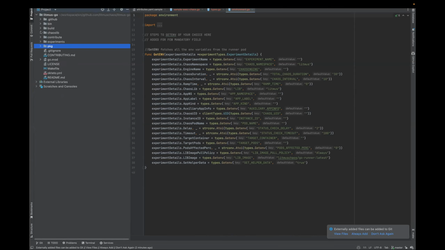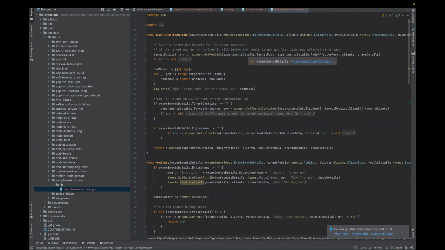Apart from this, we are generating a chaos lib inside the Litmus lib. Here you will find a sample exit chaos, and here it is a helper model. First we are deriving all the experiment related information, for example, the target application where we want to inject the chaos.